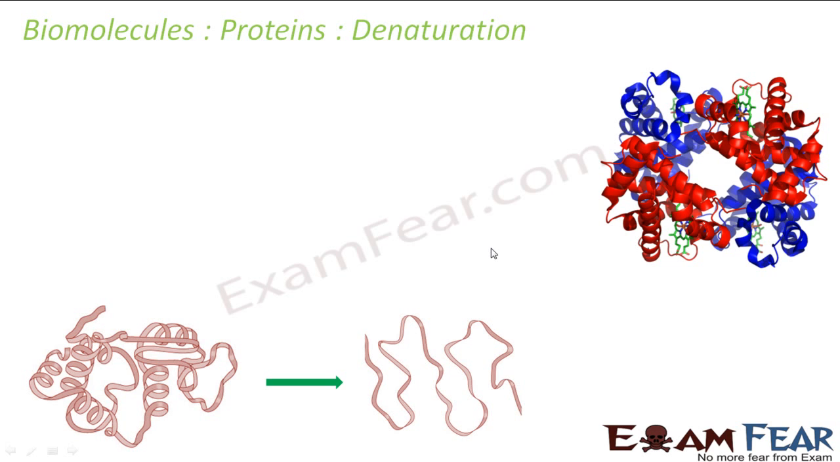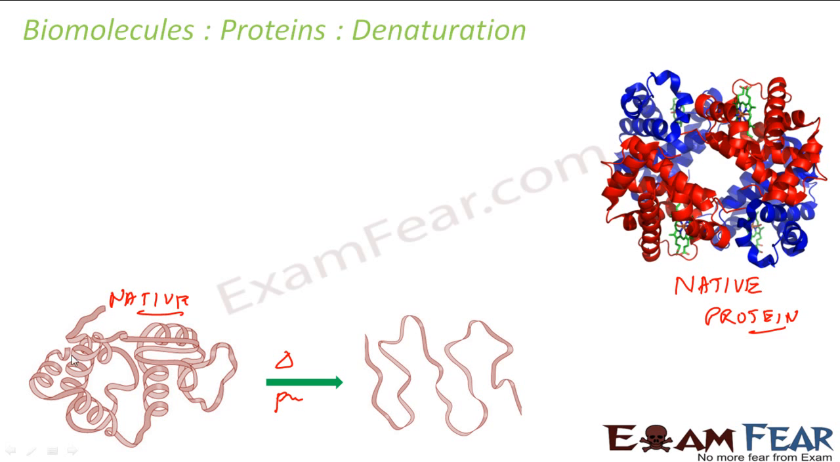Now let's talk about the denaturation of protein. Protein, in the biological system, has a unique three-dimensional structure. This is how protein looks. It has a unique three-dimensional structure, and it has a unique biological activity. This is called native protein. When this native protein is subjected to physical change like change in temperature, change in pH,